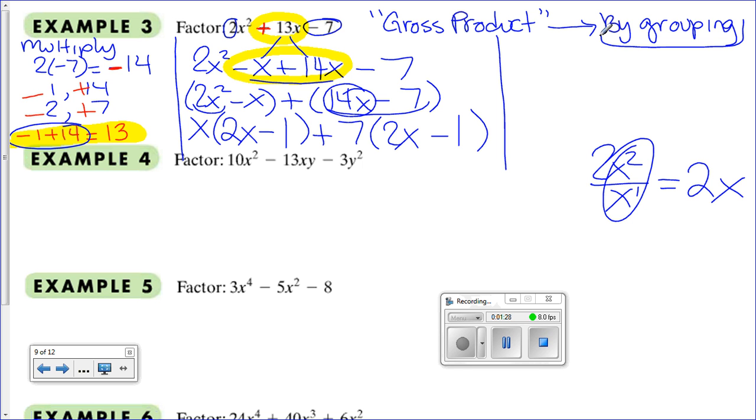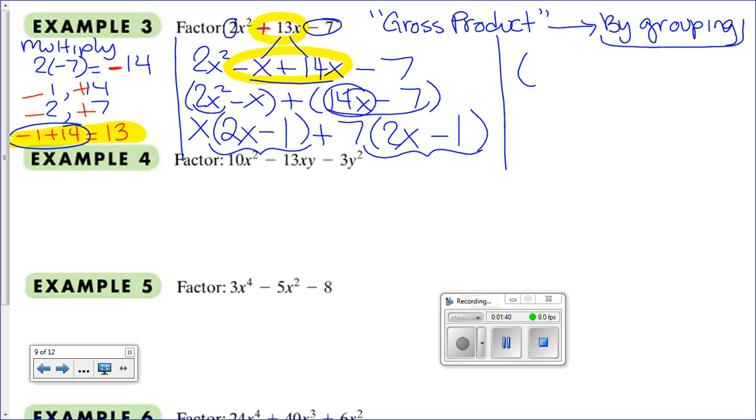Now, just to finish this up, the first factor of the polynomial is going to be that binomial in common, 2x minus 1. And how do we find our other binomial? You add the 1, so x